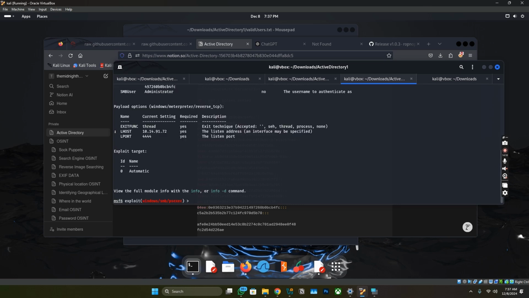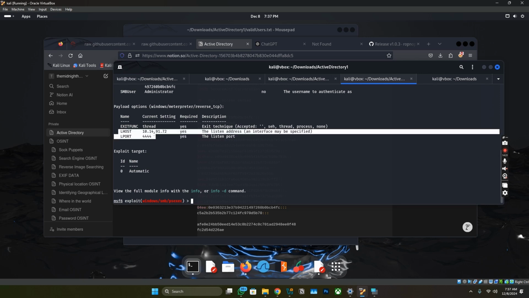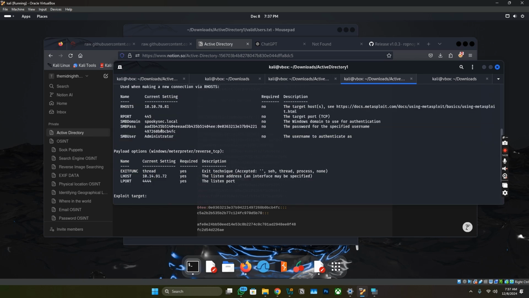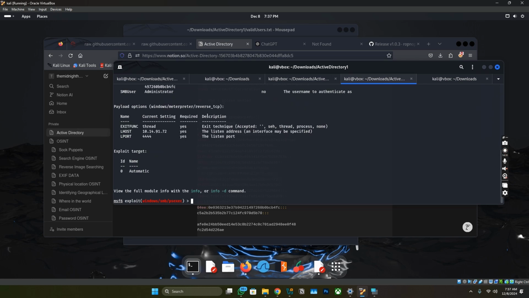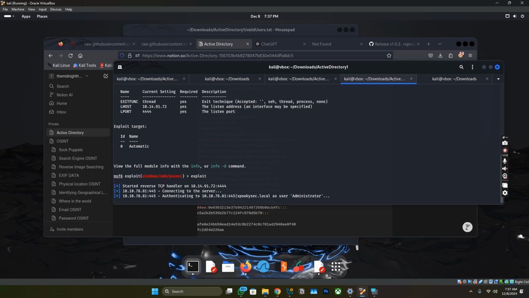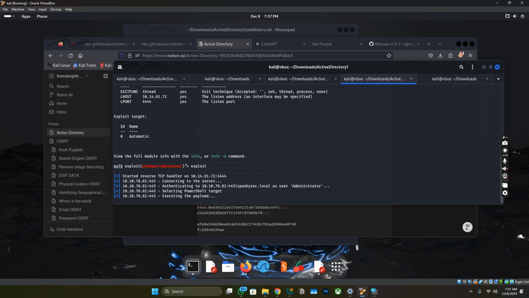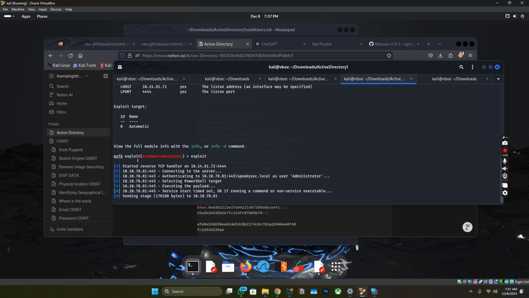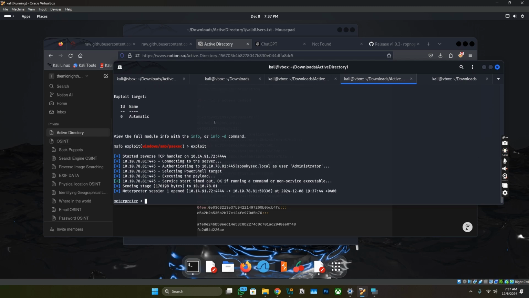Okay, we've set our hash, our user, domain name, everything. So now just run exploit. Okay, let's see what will happen. So this is trying to use PSExec to get us a shell, and you can see here we get a shell,